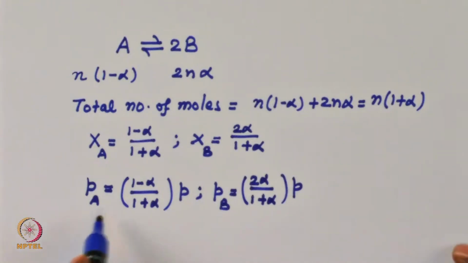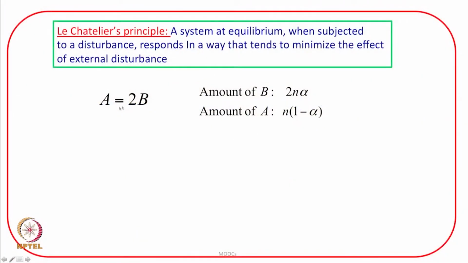So, once we have the expression for the partial pressure of A and partial pressure of B, we can substitute these into an expression for equilibrium constant. Let us see what it comes to. Let us take a look at the slide. We have discussed for this dissociation reaction, amount of B is 2n alpha, amount of A is n into 1 minus alpha. I have just discussed, and for this reaction